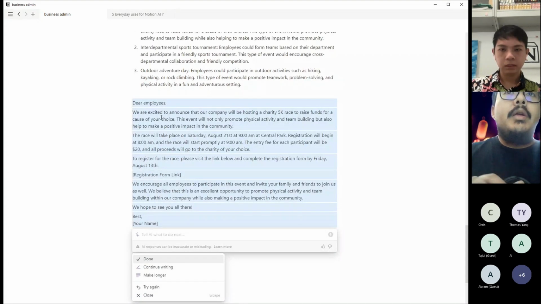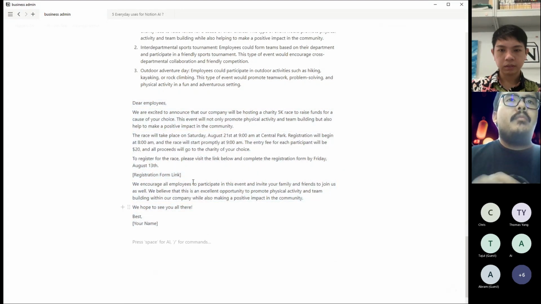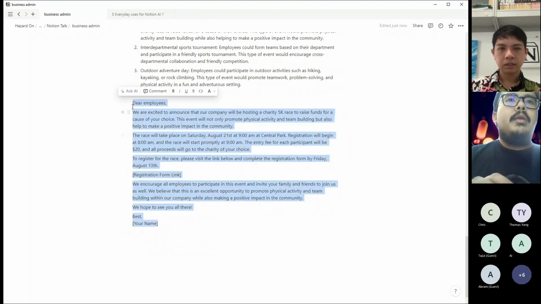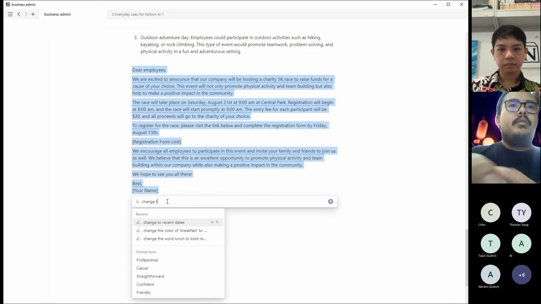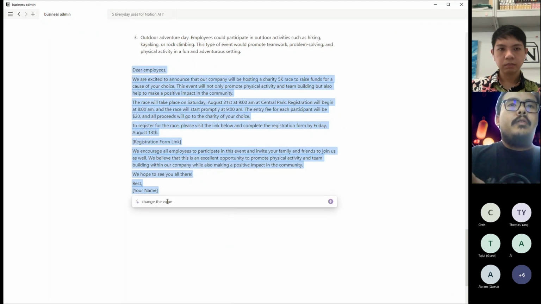So this will give you a random email. So when you take the random email, say it's done, then you can manipulate the email. So you can ask AI to tell you the venue is LCC Park, Kuala Lumpur.